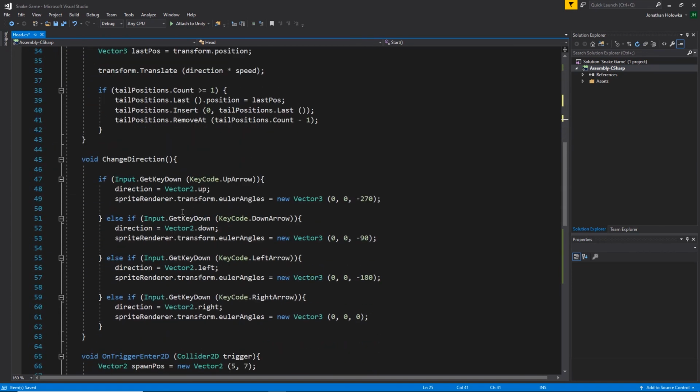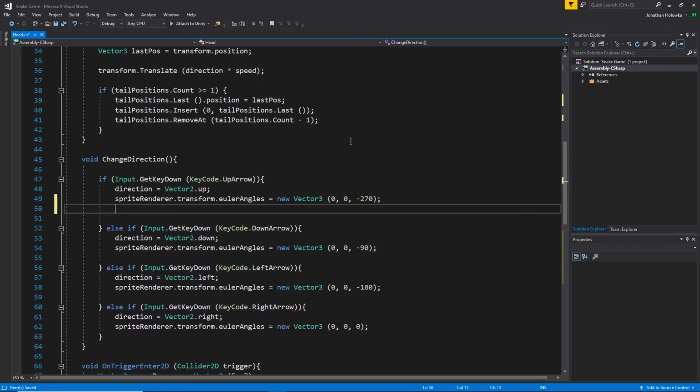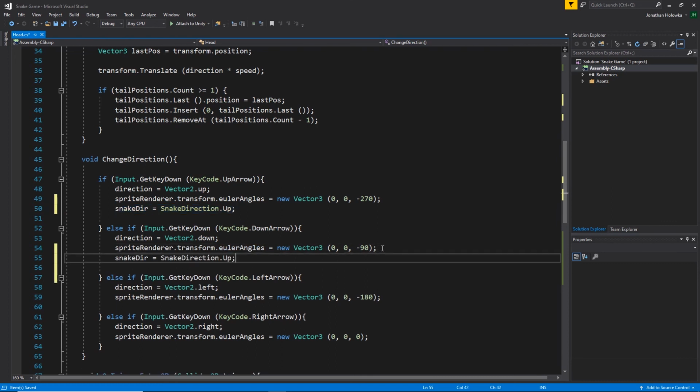And now, whenever we change direction, we are going to set that direction. So we're going to say snake dir is equal to snake direction dot up, because we are pressing the up arrow here. And then to save some time, I can just copy this code and paste it here and type down,